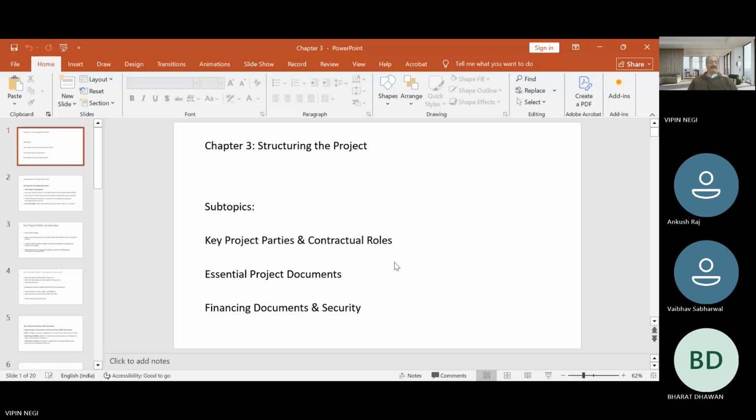As a project moves from the conceptual and developmental stage to financing, then to the implementation stage and finally to operations, several project parties get involved with the project. It's a multifaceted kind of work. It is therefore important for credit officers to identify these parties and the contractual framework of, we can say,